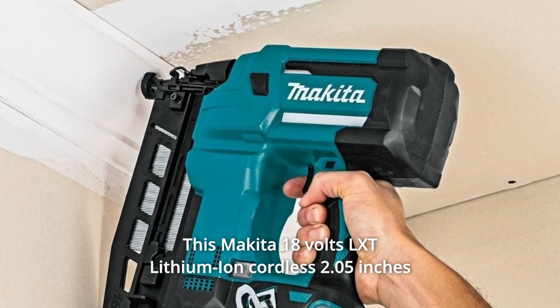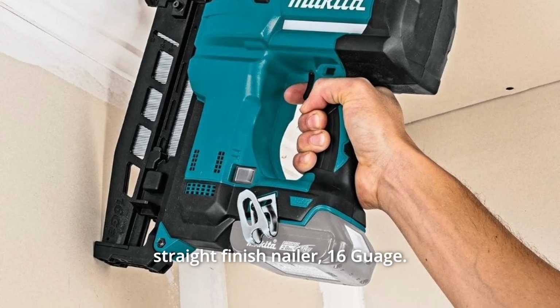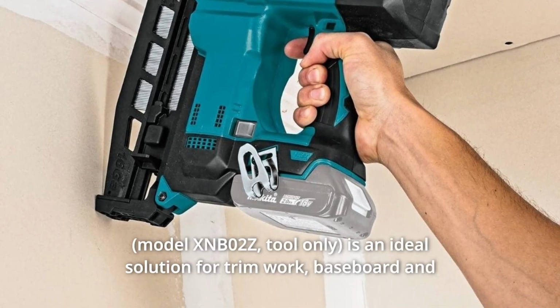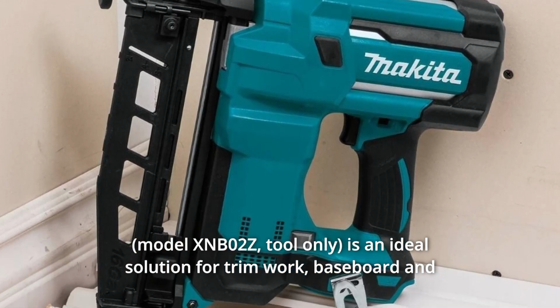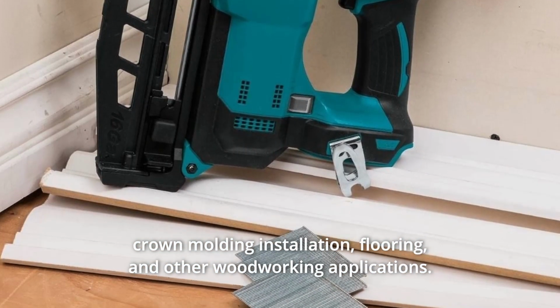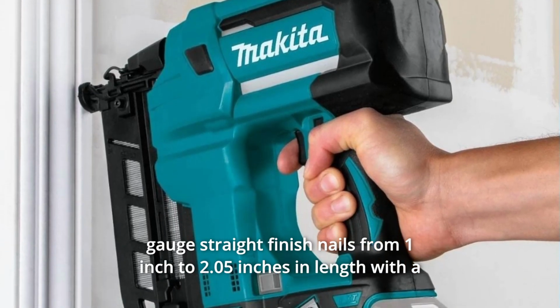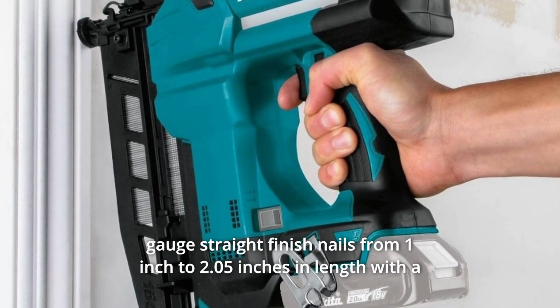This Makita 18V LXT lithium-ion cordless 2.05 inch straight finish nailer, 16 gauge, is an ideal solution for trim work, baseboard and crown molding installation, flooring, and other woodworking applications. This is compact and powerful and drives standard 16-gauge straight finish nails from 1 inch to 2.05 inches in length